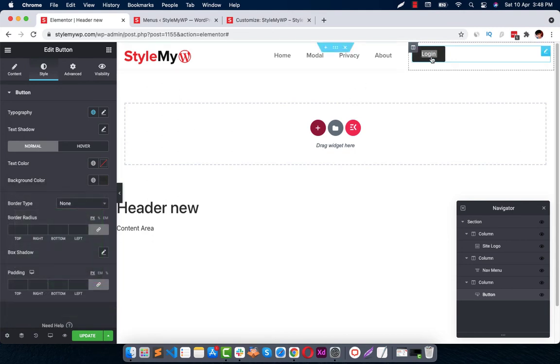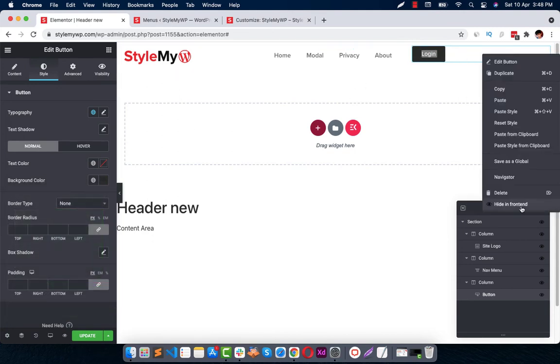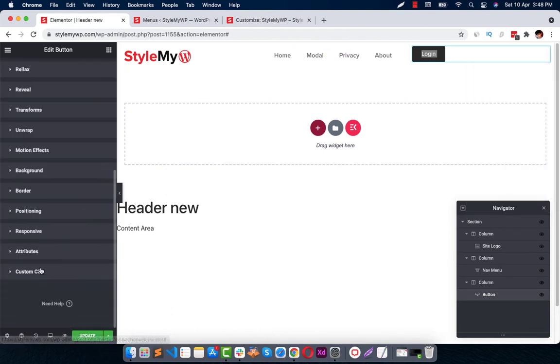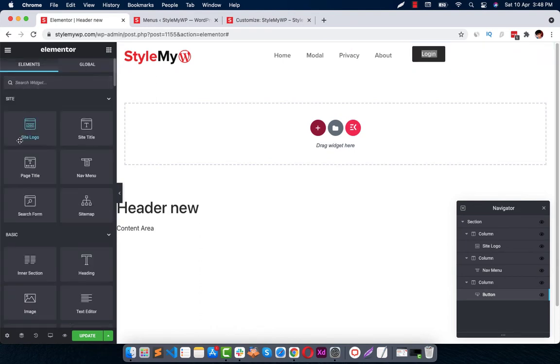Maybe we have changed the button background color. From the positioning, you can keep it in line, right? And you can also add a search.